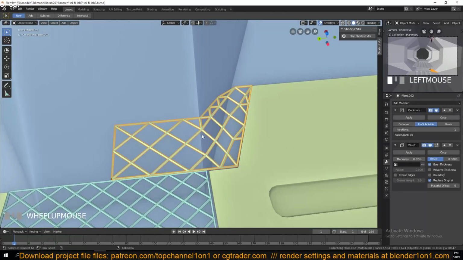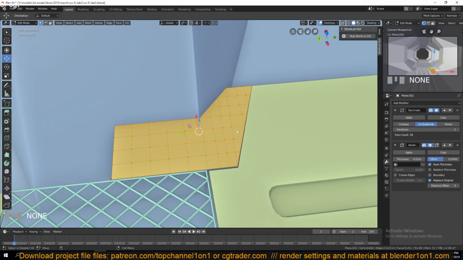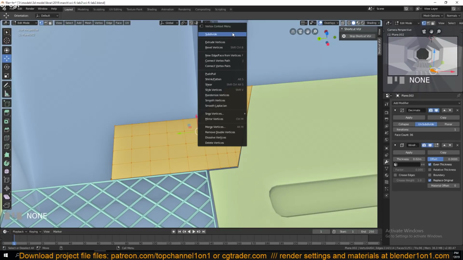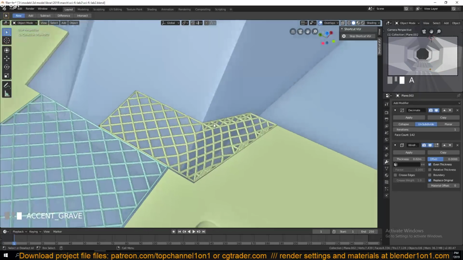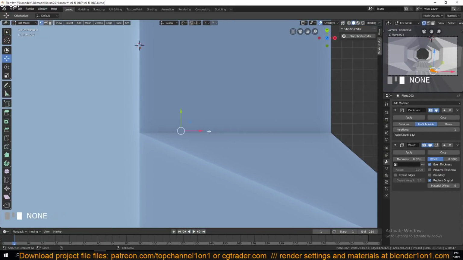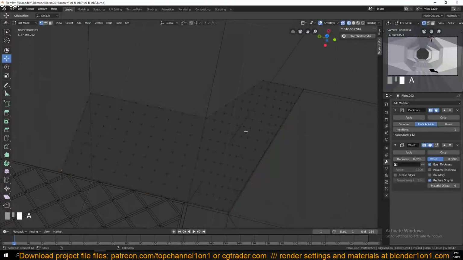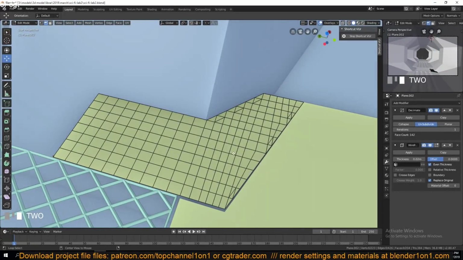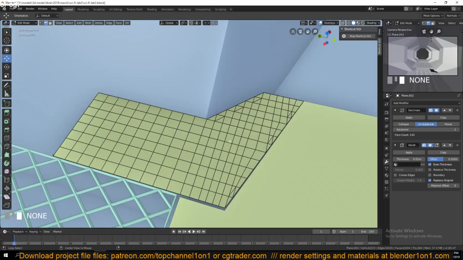I think we have a lot of gaps here, but I also like this pattern that we are getting, so that's not too bad. Let's subdivide this. There's a lot of mess here, so let's see. I think we need to reduce the resolution here. I think if we remove this edge loop and this here,